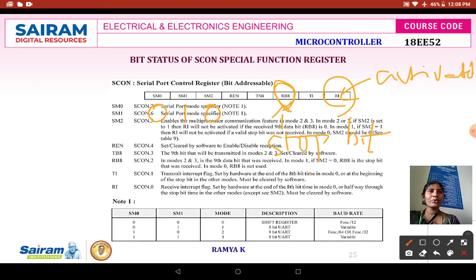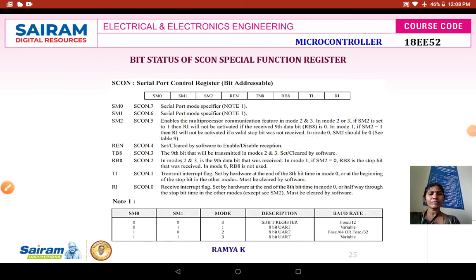Suppose in mode 1, if SM2 is equal to 1, then your RI is not activated until a stop bit is received in RB8. Okay, this is your serial control register. It is the general introduction of your serial control register. Now, bit by bit description, we'll just check.